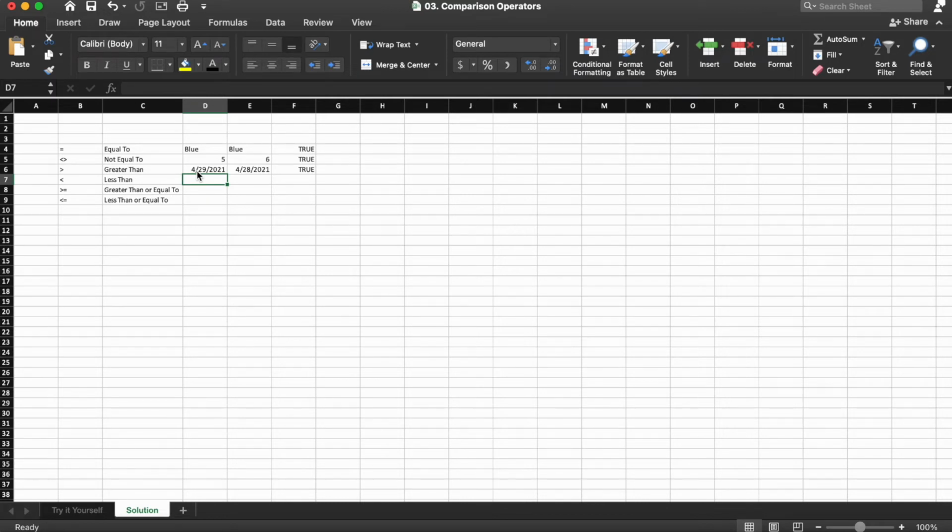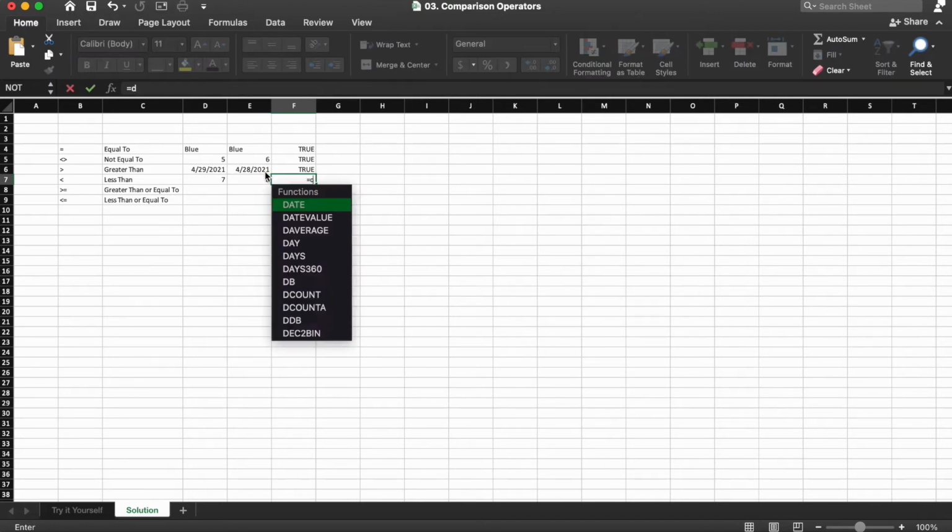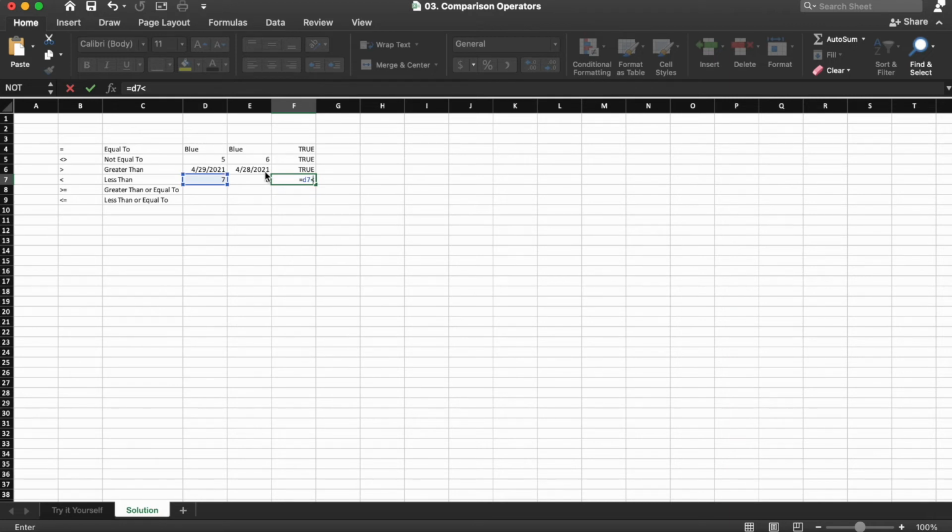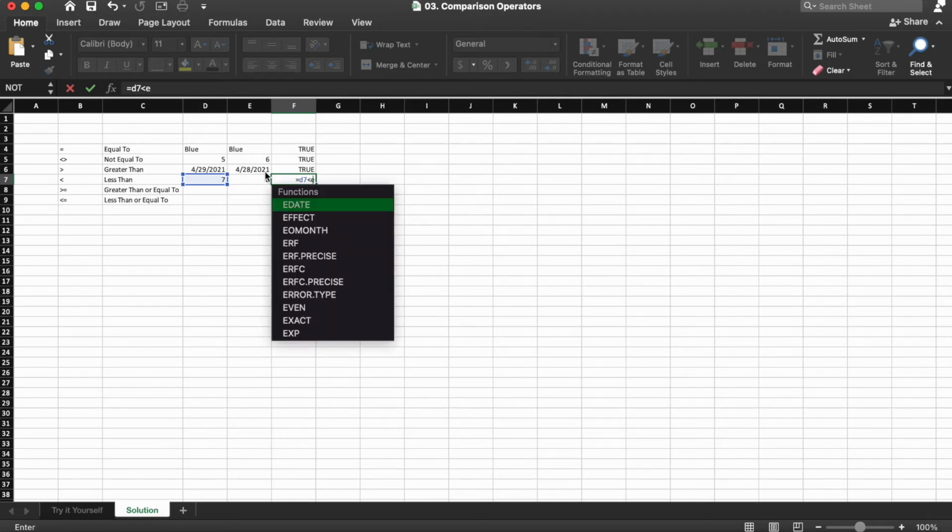Okay, so next we have less than. In cell D7, let's put in a number value. We're going to do 7, and then in cell E7, let's put the number 8, and then our formula is going to be equals D7 less than symbol E7.